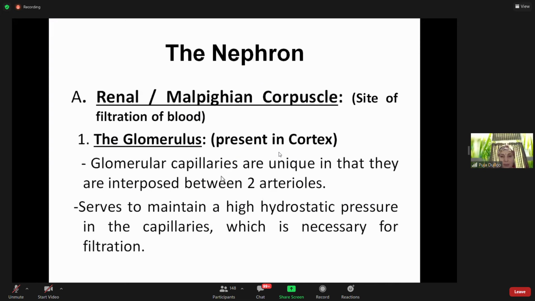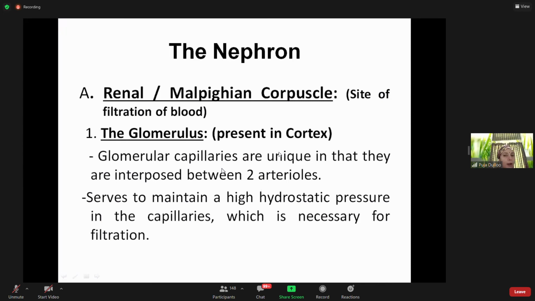Fine. Good, good. So now you understood there are two types of pressure: one is the hydrostatic pressure, one is the osmotic pressure. Here, when we talk about high hydrostatic pressure exerted, that means we need a huge amount of pressure. What exactly does the hydrostatic pressure do? It will allow the fluid to move away from it.